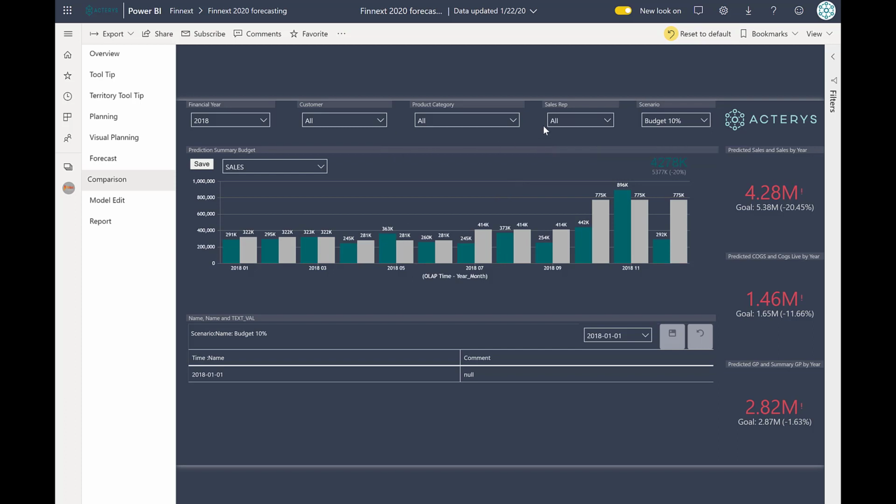So here we have now the new 10% increase scenario, and we're comparing this to the forecasting methods based on